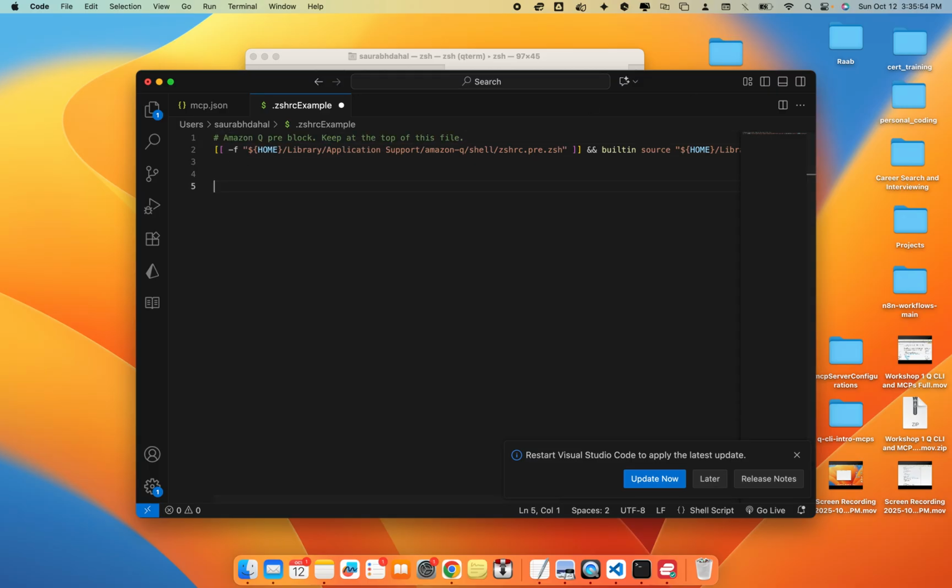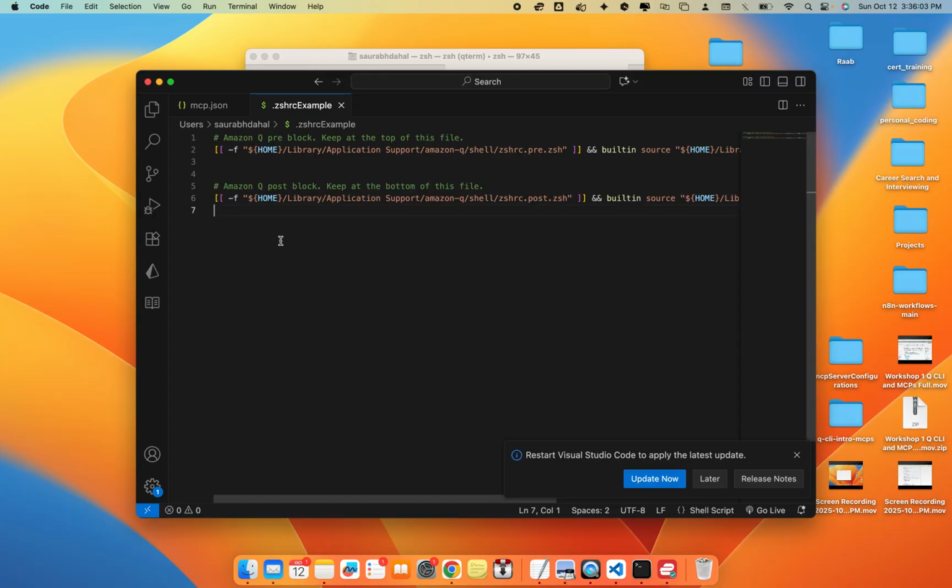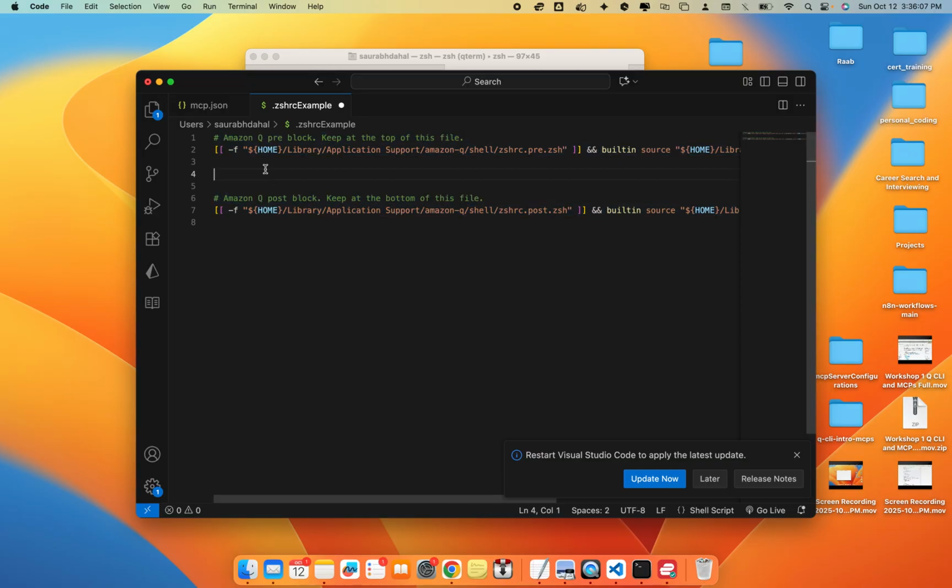And then it's going to have a closing Amazon Q block. Like this. I'm pretty sure yours is going to come with this already in your .zshrc file, without the word example. And then you would